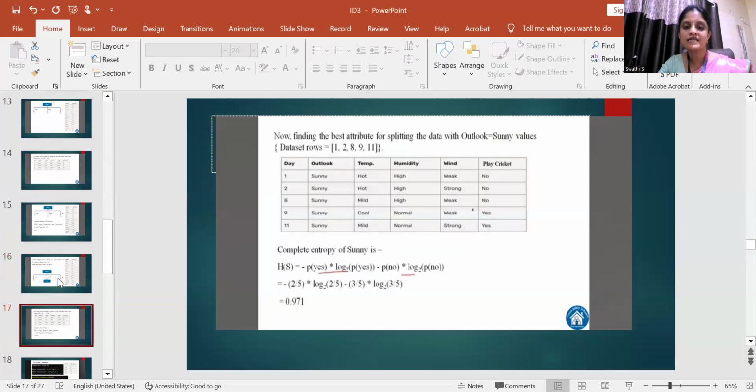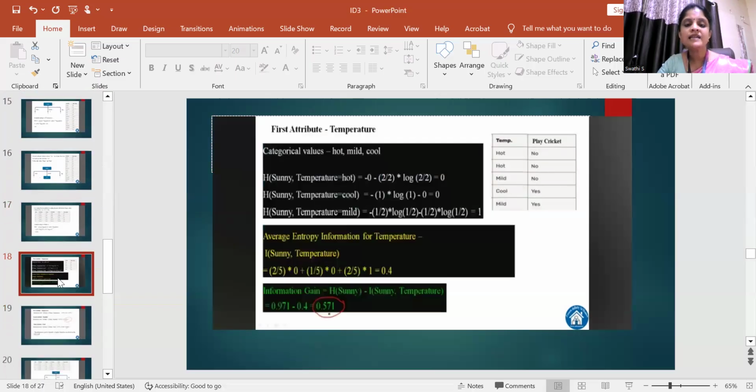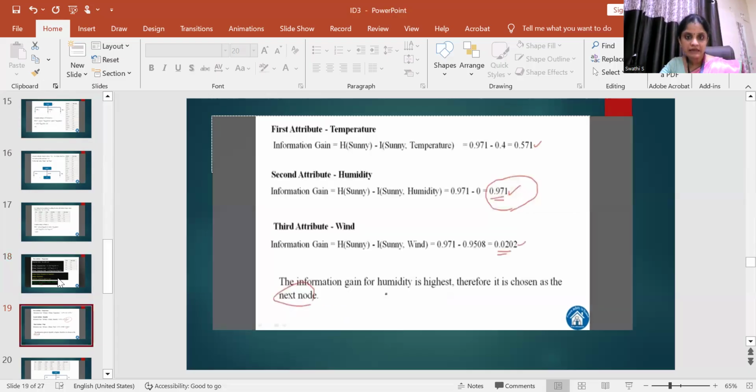So first you have to calculate for sunny. So again you have to calculate the total entropy for the new sunny data set. For the new data set, we have 2 yes and 3 no. So based on that, the value of entropy is 0.971. And again, the first attribute here is categorical, that is temperature. The categories are hot, mild and cool. So the value of entropy is 0, 0 and 1. Average is 0.4. So the value is 0.571. So for humidity, the value is 0.971 and for wind, the value is